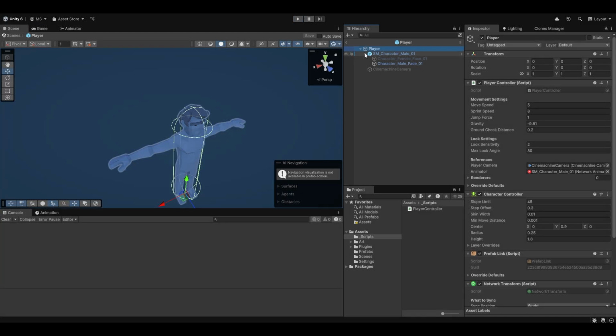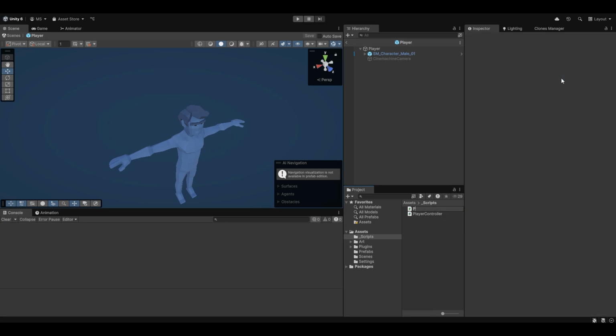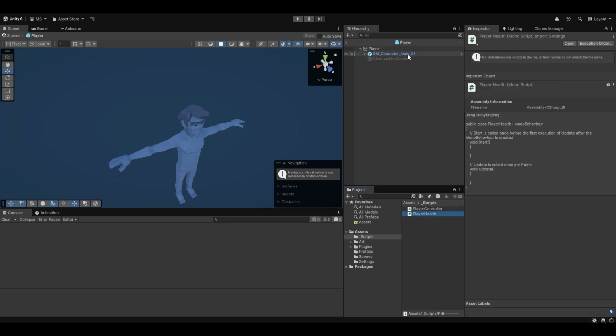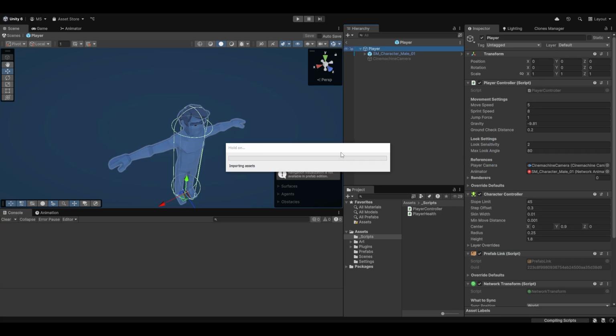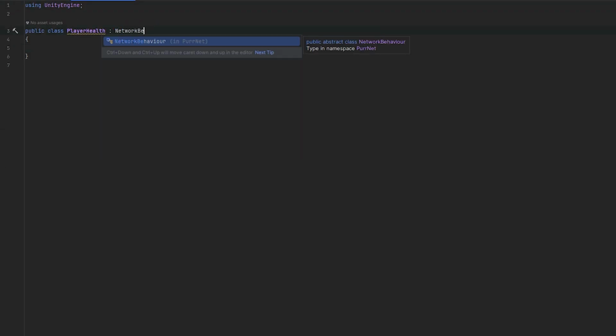move around with. Now let's get into the actual shooting, and first things first, I guess let's make a player health script because we need to be able to take some damage. So I'm going to call this PlayerHealth. I'm going to drag and drop this onto our player character. Now let's open up the PlayerHealth script, remove what's already in here, make it a NetworkBehaviour, and let's